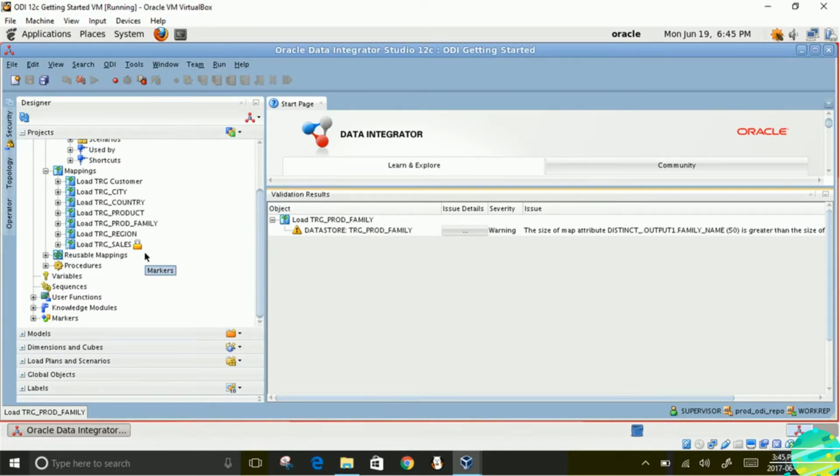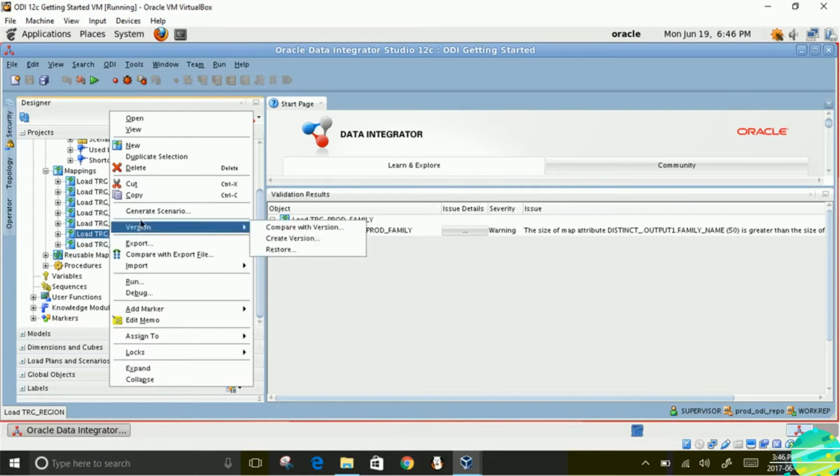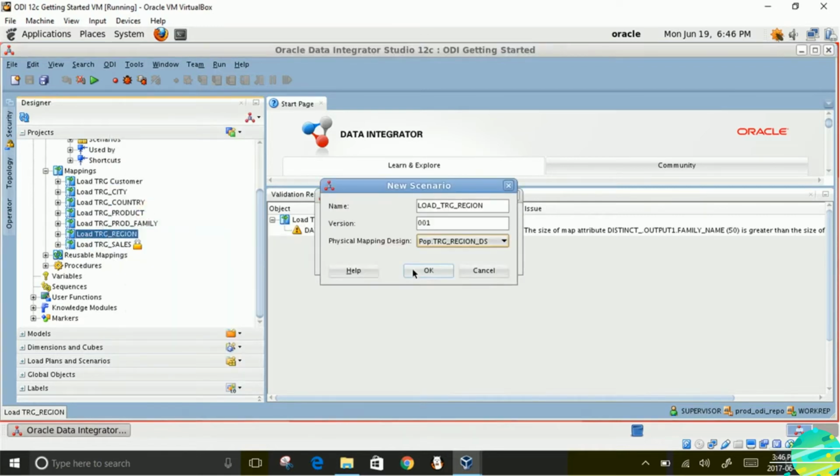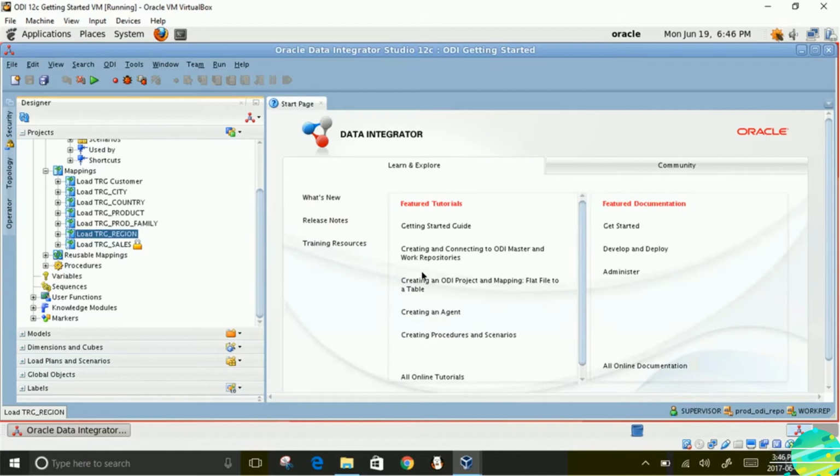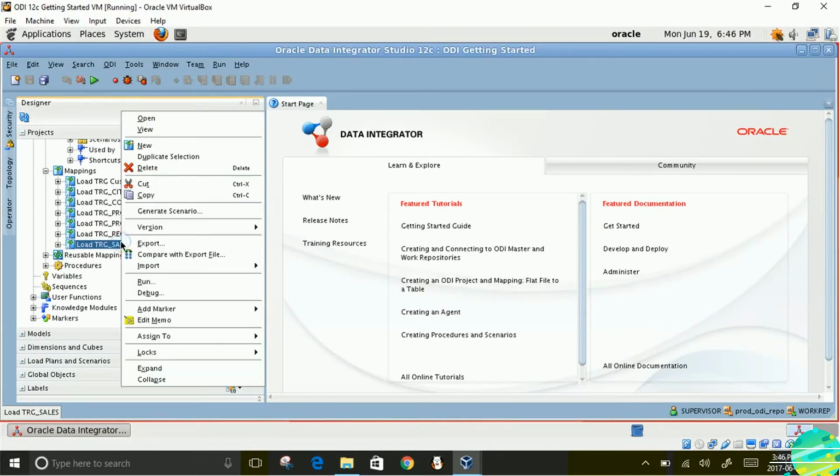There is a warning about the size, but you can ignore it for now. Go ahead, create scenario for TIG region. Then TIG sales.